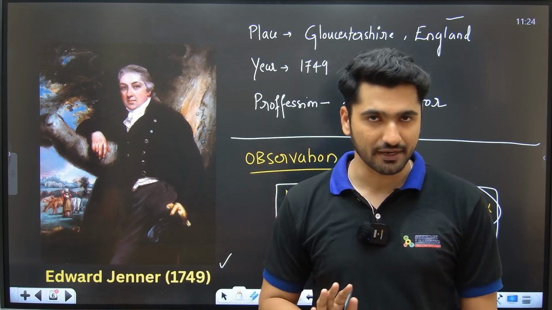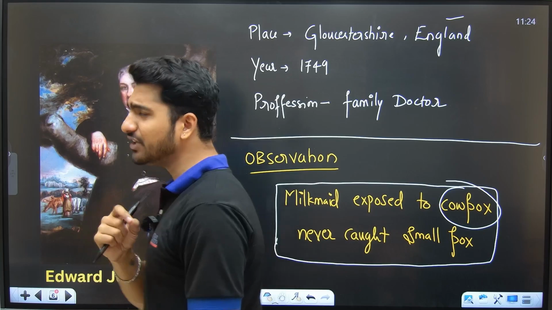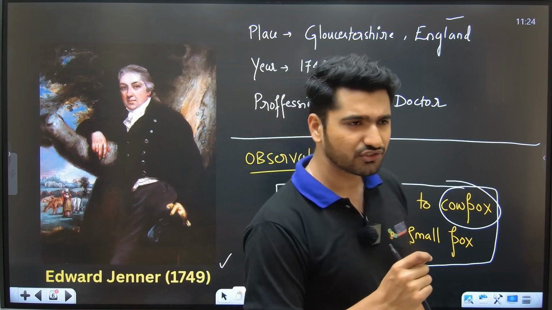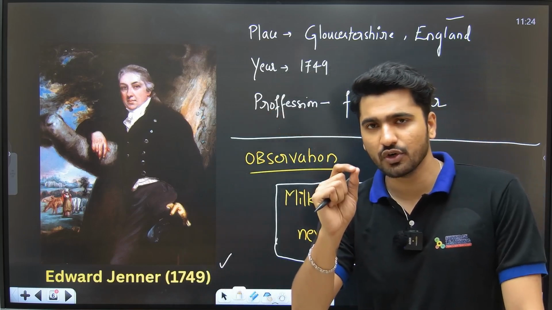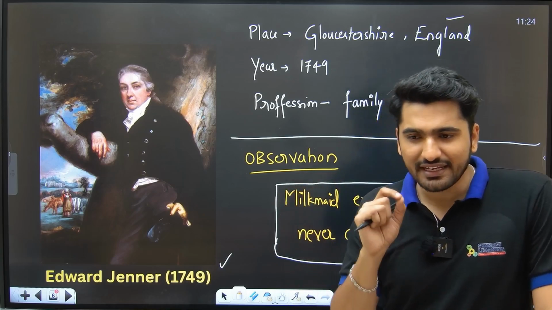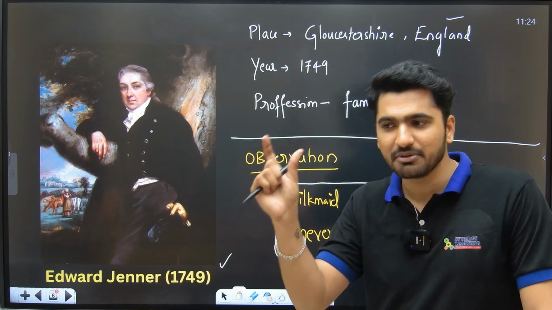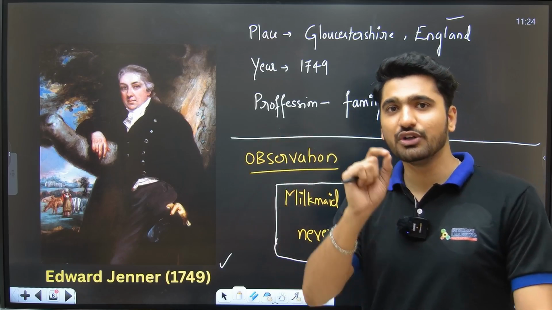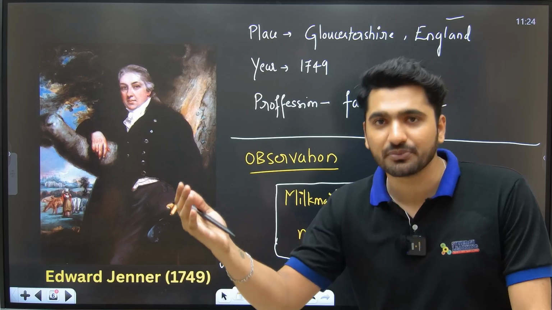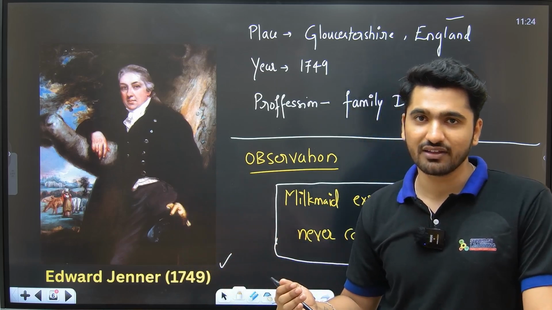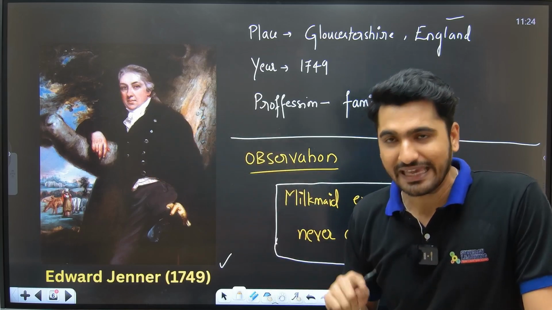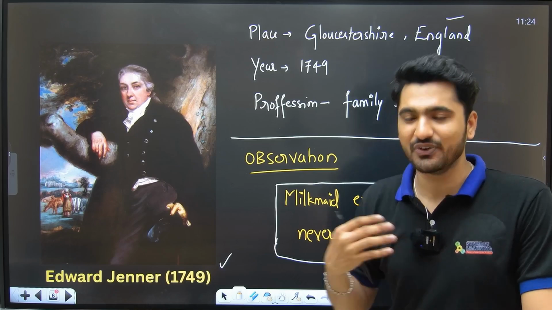Okay, this is spread from there. And later what he did was, he had a very interesting idea. He took the material from the pustules of cowpox, then he wanted to infect a healthy person with it. So he wanted to cause cowpox in a person, and then when the person later develops immunity for that cowpox virus, he wanted to infect that person with smallpox